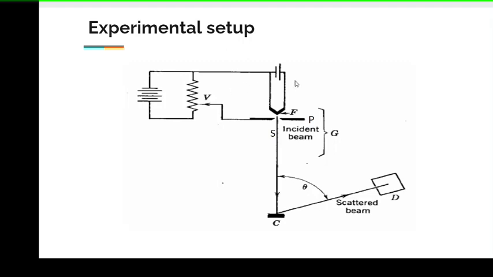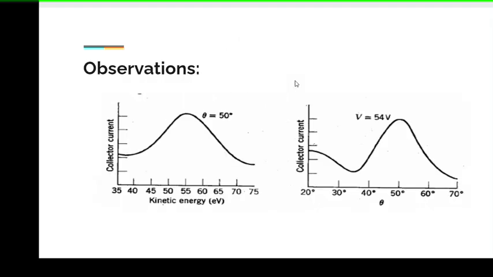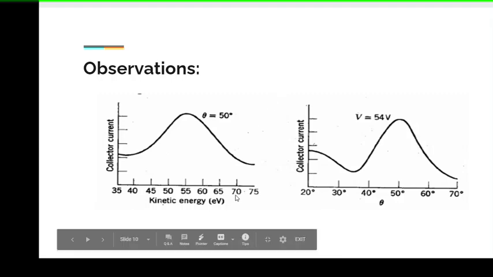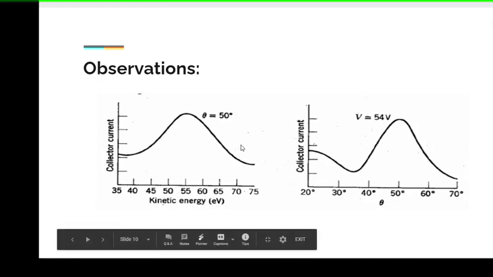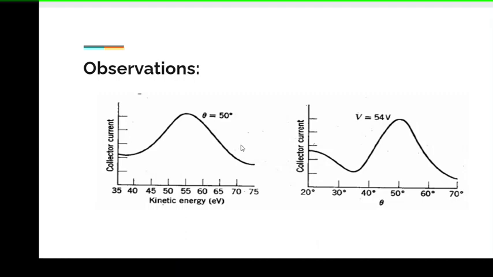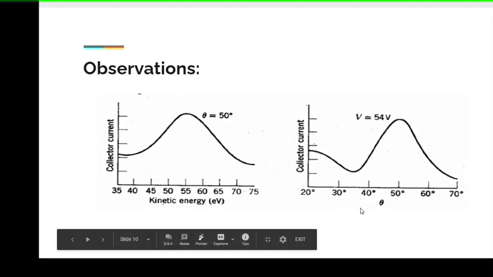By doing this, we can observe such kinds of graphs. When the potential is at 54 volt, and this is the scattering angle,